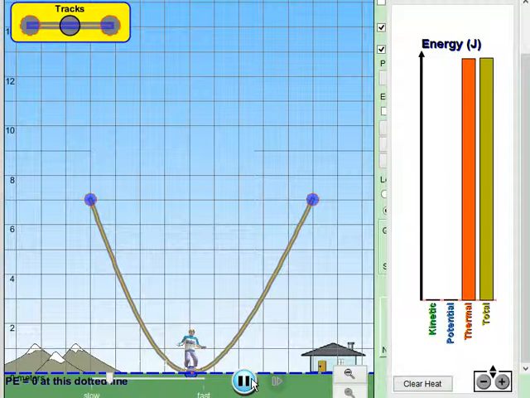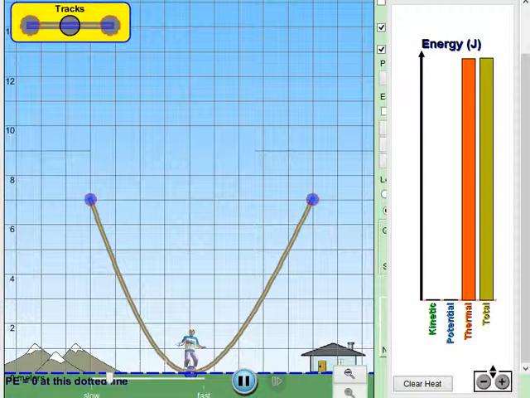And when it comes to a halt, you can see that the thermal energy is equal to the total energy, which means that all the frictional work has been lost as heat, and kinetic and potential energy are 0, which means he's at the bottom of the ramp and he has no velocity. He's completely come to a halt. Okay? This means that he has 0 mechanical energy, and all of the thermal energy has been lost as heat. So I hope these ideas are clear, and this is an extremely important simulation.